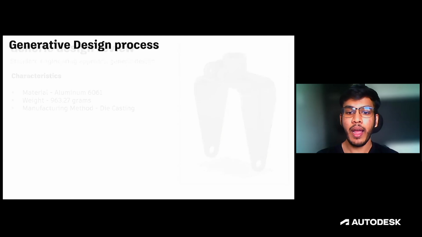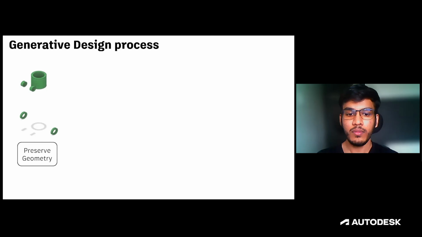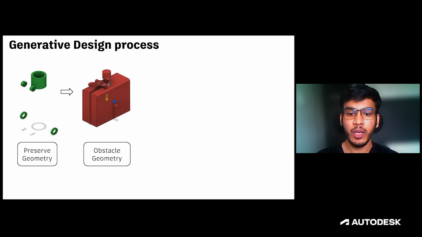Now that we have an idea for our standard engineering approach, let us move on to see how the generative design study has been set up for our case study. The preserved geometry, as we know, is used to represent regions that will be retained in the final design. In our case, the preserved geometry feature is used for defining certain holes or empty places where the axles, shafts will pass through. In the obstacle geometry, representing the areas to be avoided by the generative design process, it is used for regions where the other parts are getting assembled, like connecting rods, damper parts, and so on.